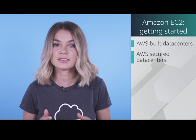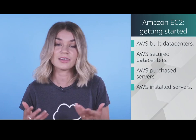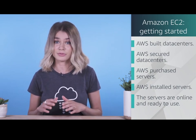With EC2, it's much easier to get started. AWS took care of the hard part for you already. AWS already built and secured the data centers. AWS has already bought the servers, racked and stacked them, and they are already online, ready to be used. AWS is constantly operating a massive amount of compute capacity, and you can use whatever portion of that capacity when